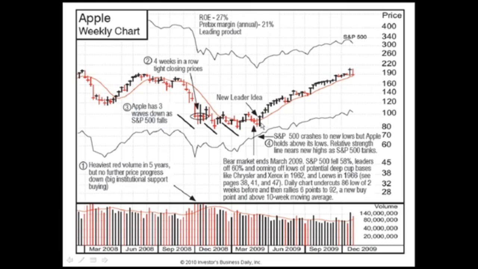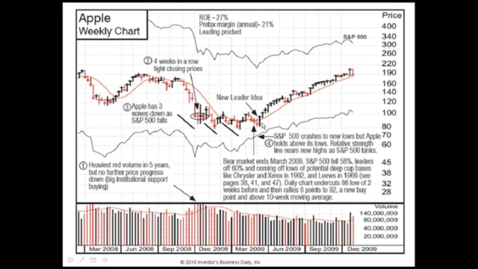Now, most people would look at that and say, how in the world could you possibly be doing that? Well, it comes out of experience and other models. Like I said, Xerox did the same thing in 1962, and Xerox was the big leader of the prior market with a new machine that I don't remember what the number of it was, but it was the first one where you could get hundreds of copies out without having to use wet chemicals and all of that. So they had a tremendous product, big earnings. So this was a repeat of that history.